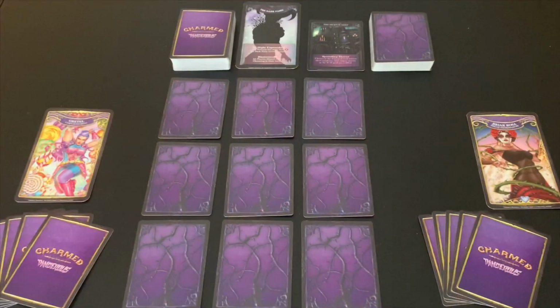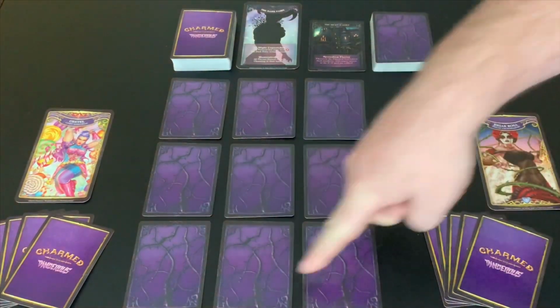I'll give you a quick overview of how this game plays, and then we'll come back here and I'll give you my final thoughts. Charmed and Dangerous is a cooperative card game for 1 to 4 players that sees the players taking on the role of reimagined fairy tale princesses and working together to collectively take down a villainess in her lair. What you're looking at is the play area made up of the Forces of Evil grid, or the foe grid,